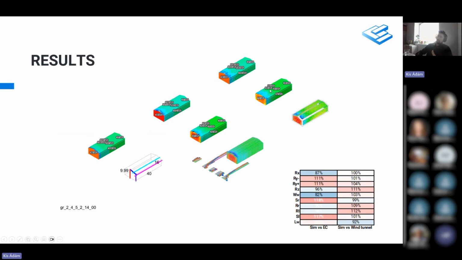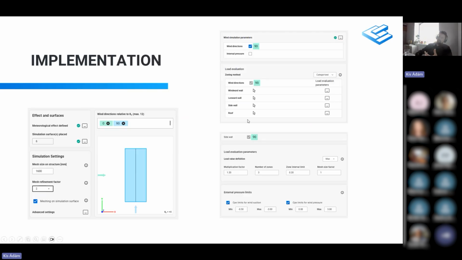So really briefly, just the results of the validation. What we did again, we compared three scenarios: the wind tunnel tests, what FALCON CFD can produce, and the standard, which is a specific zone-based definition of the loads, where, as you know, we have separate types of loads or zones on separate surfaces of our structures, on the walls, A, B, C zone, and so on. And what we did is that we tried to compare these two in order to implement FALCON,